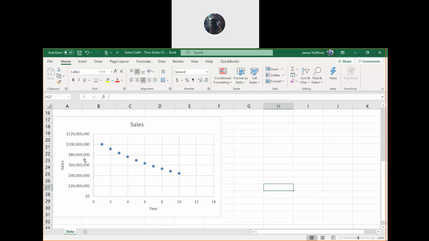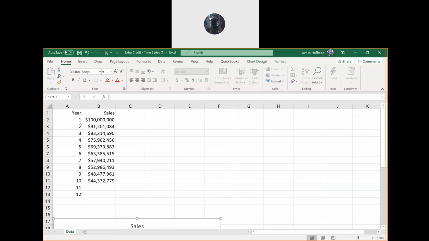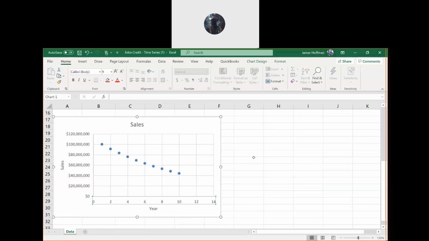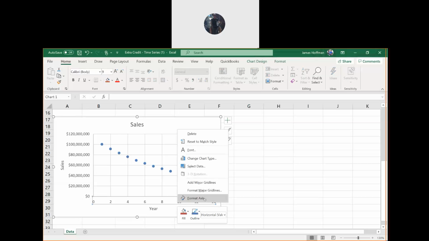All right, and this one looks fine. You got different y-axis values. This one I'd like to format to look like this. So I wanted to say years 1 through 12 instead of what it says here. So we did this last time, but to correct here, click on the x-axis and right-click it. And then go ahead and choose Format Axes.